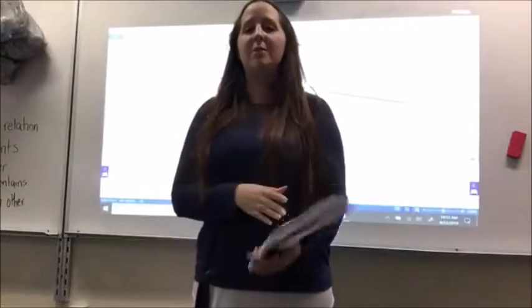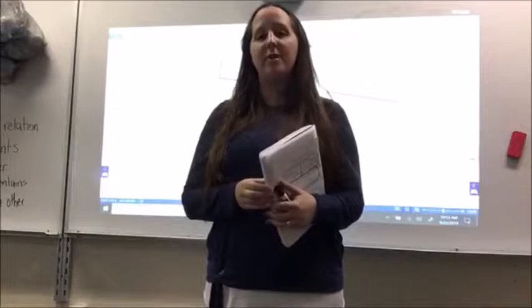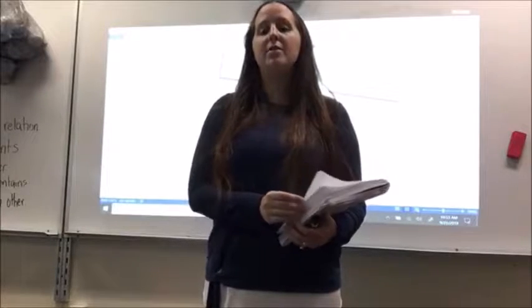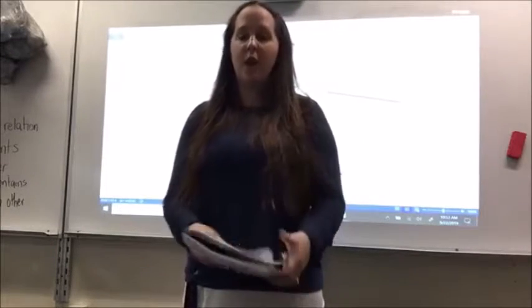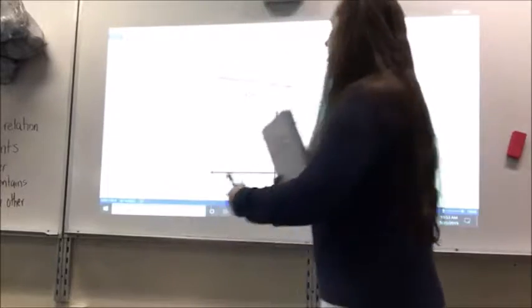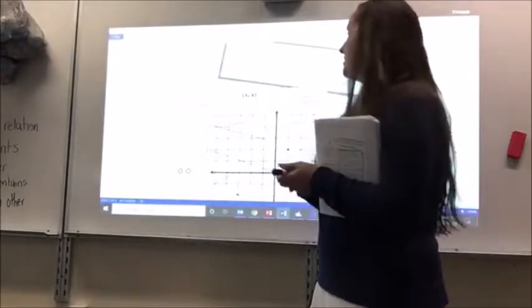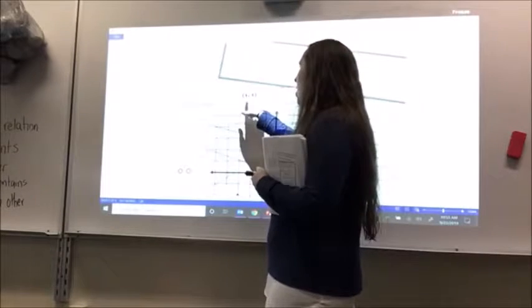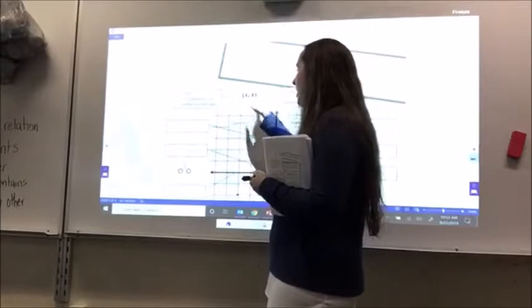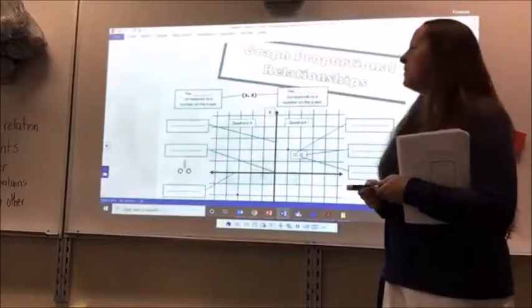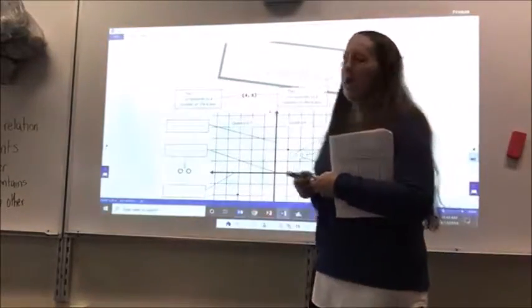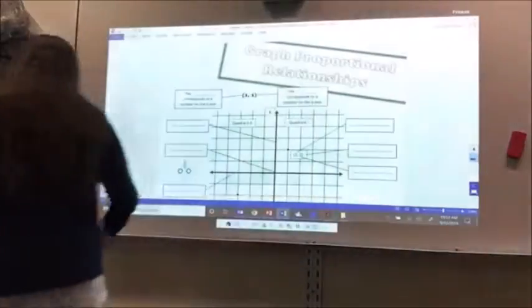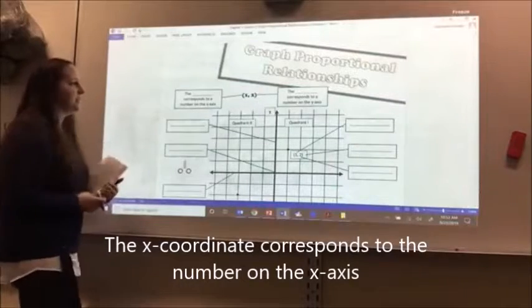All right, this is Chapter 1, Lesson 5, Graphing Proportional Relationships. On the first page, you should have a graph. We're going to go ahead and fill in some of these blanks. At the top, I have (1, 2) in parentheses. The arrow that's pointing towards the 1 has a box that states the blank corresponds to the number on